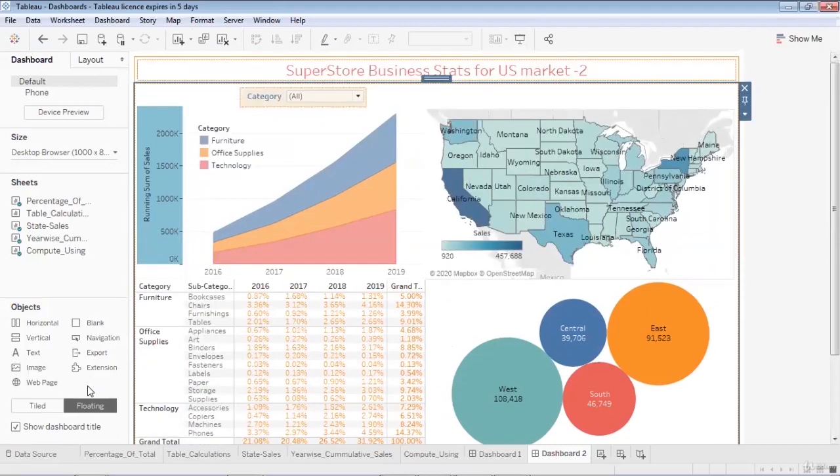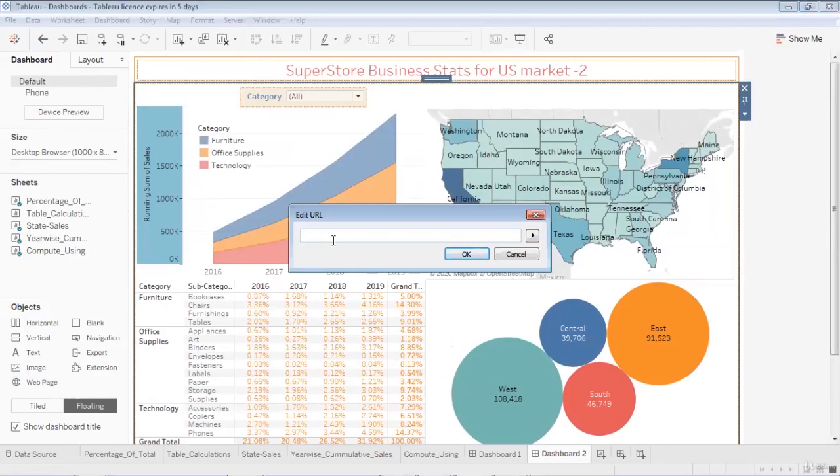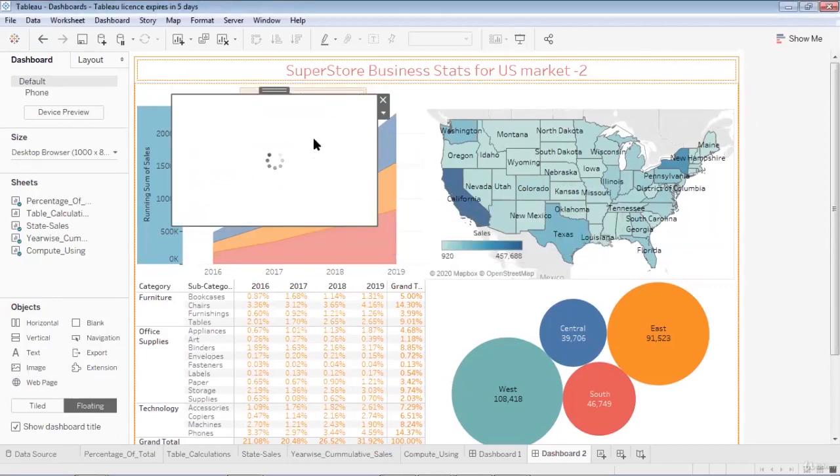Now, if I would like to add a web page, I can do that as well. If I would like to add a web page or a link to a web page, I can do that. So I'll double click on the web page. I'll give it as something like www.google.com. When I do so, you will be able to see the Google's homepage over here in this object, and